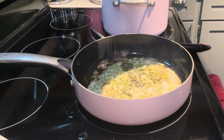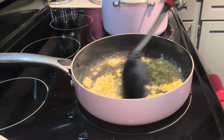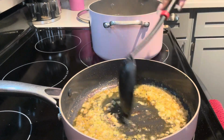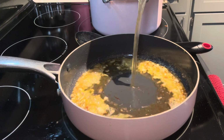Melt down 2 tablespoons of butter in the same pan we cooked the shrimp in. Do not clean the pan out. Then add the chopped onions, and we're going to also season the onions with salt and black pepper and saute them until translucent. Add in the chopped garlic for only 30 seconds of cooking, then gradually add in chicken broth,